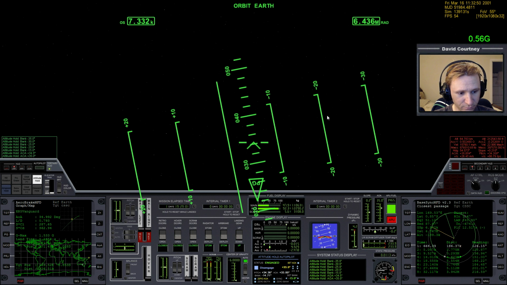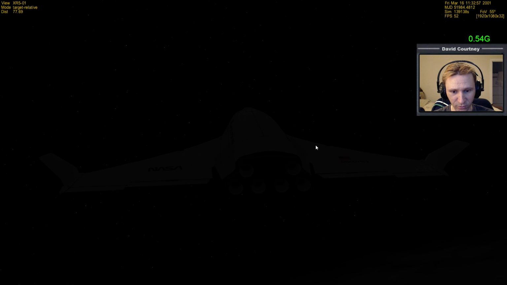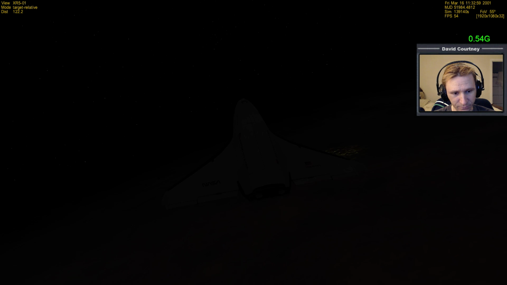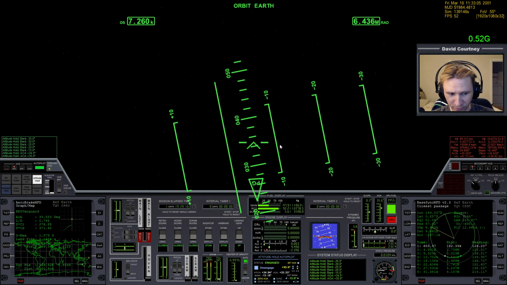Mach 23. Okay, things are coming along pretty well. I've got a low number here. Let's take a quick peek at the external camera. And we've got quite a ways to go to the base. We're still 4,000